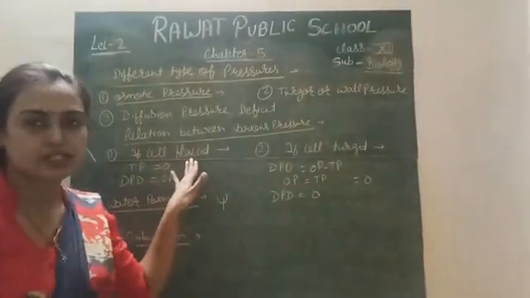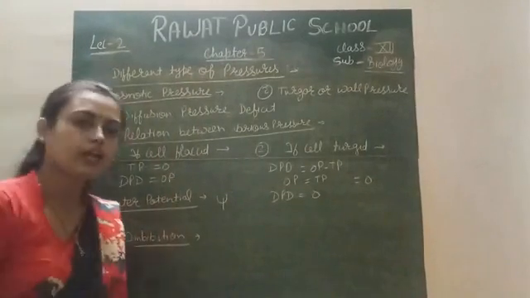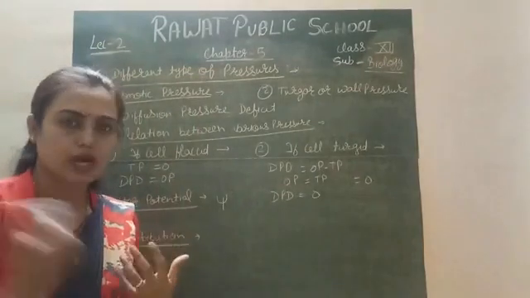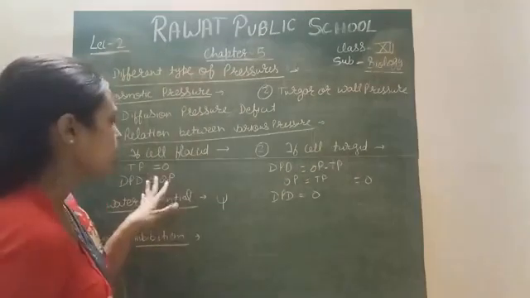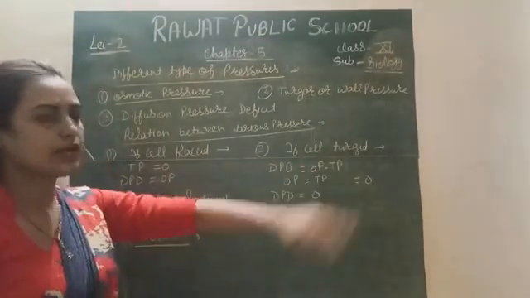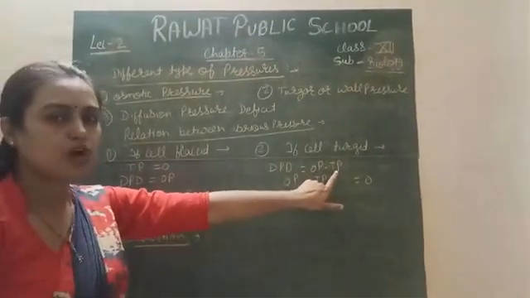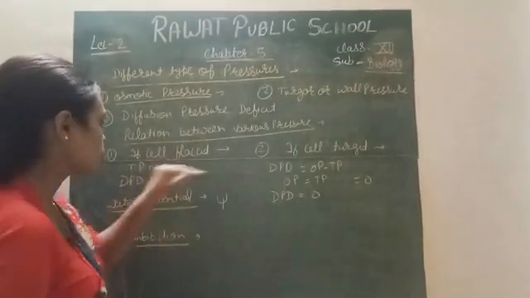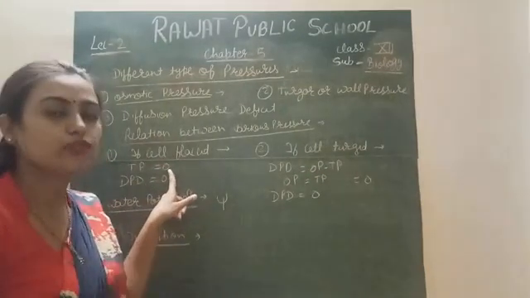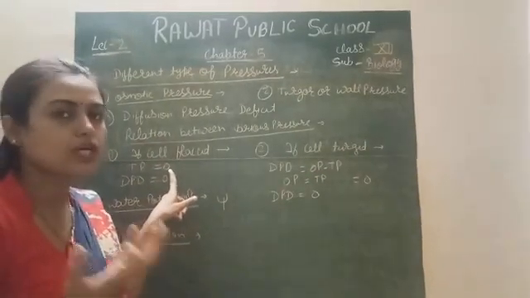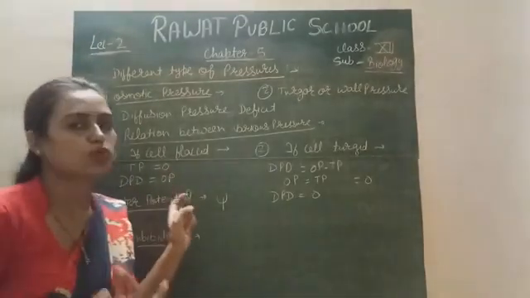If your cell is flaccid, it means exosmosis takes place. When you put your cell in a hypertonic solution, the protoplasm exits from the cell, and this condition is called a flaccid cell. We know that DPD is equal to OP minus TP, where OP is the osmotic pressure and TP is the turgor pressure, the solvent pressure. In a flaccid cell there is no turgor pressure, because if there is no solvent, there is no pressure. So in that condition the DPD is equal to the osmotic pressure.